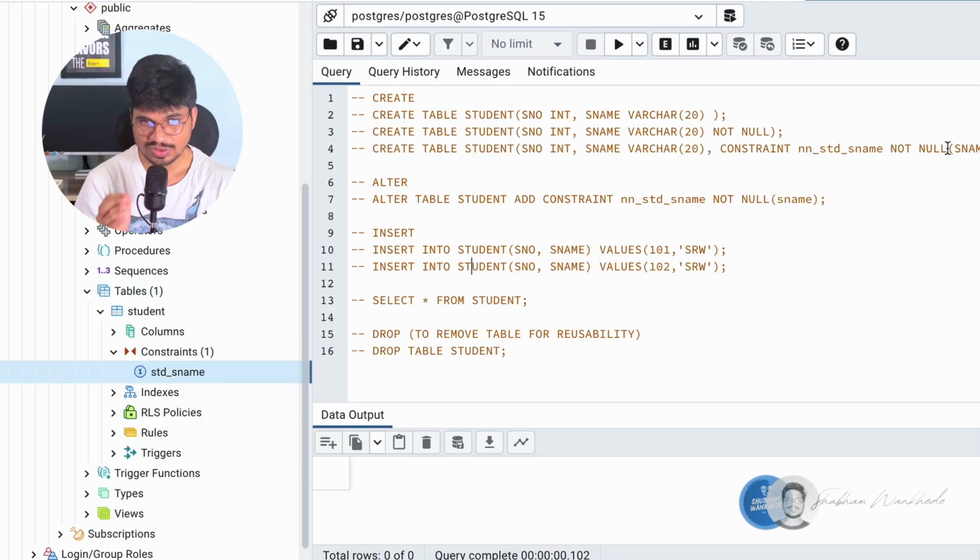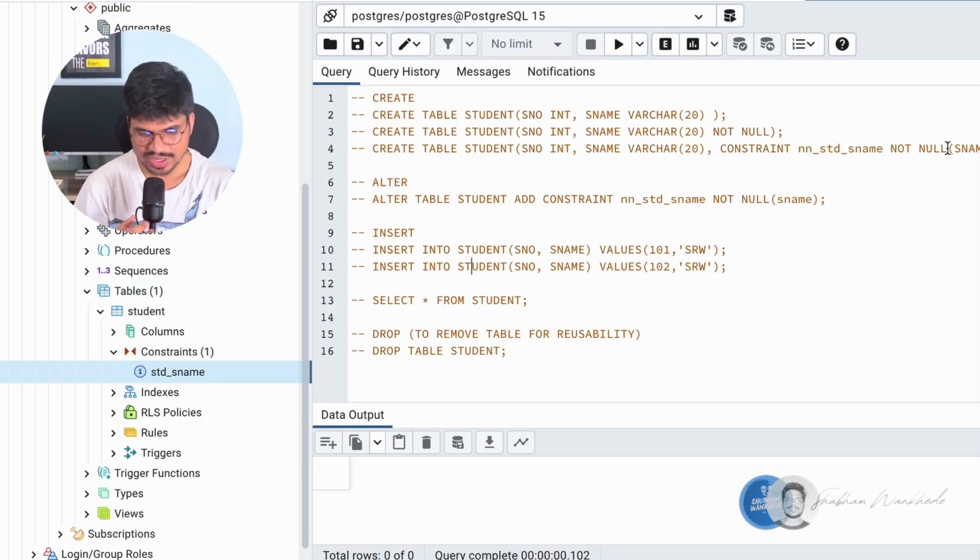Okay, before we go ahead, I want to clarify one thing. It's not that using an inline constraint is a bad approach and using a separate constraint line is a good approach. The use of any of these methods is based on the practices followed on your project. So remember that fact.